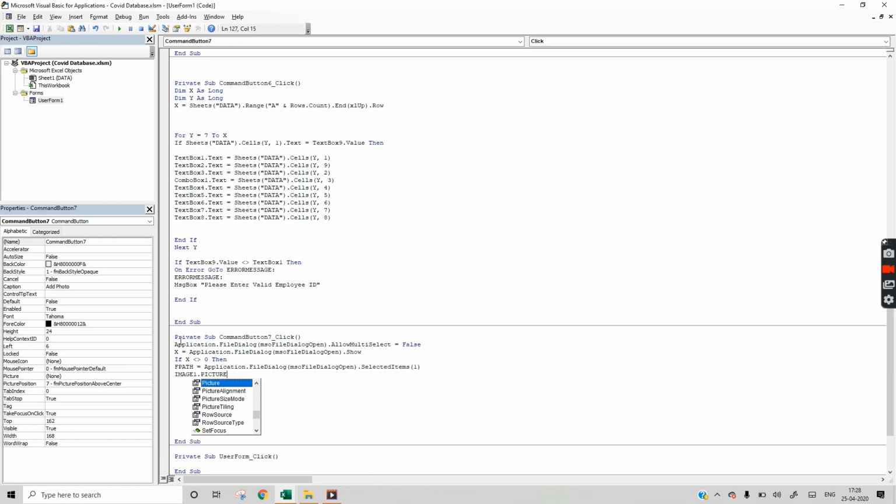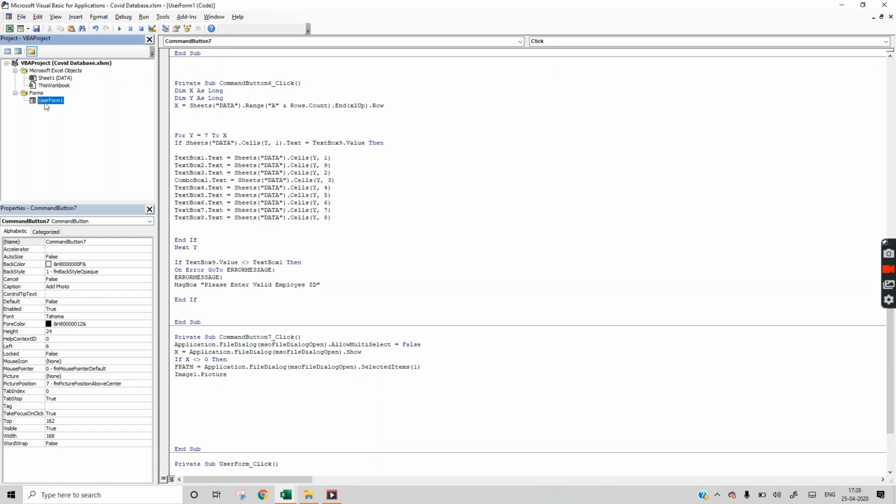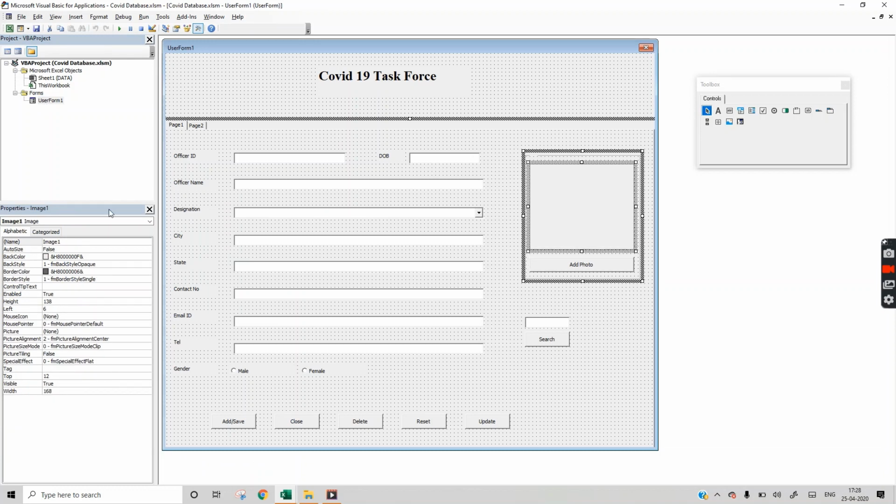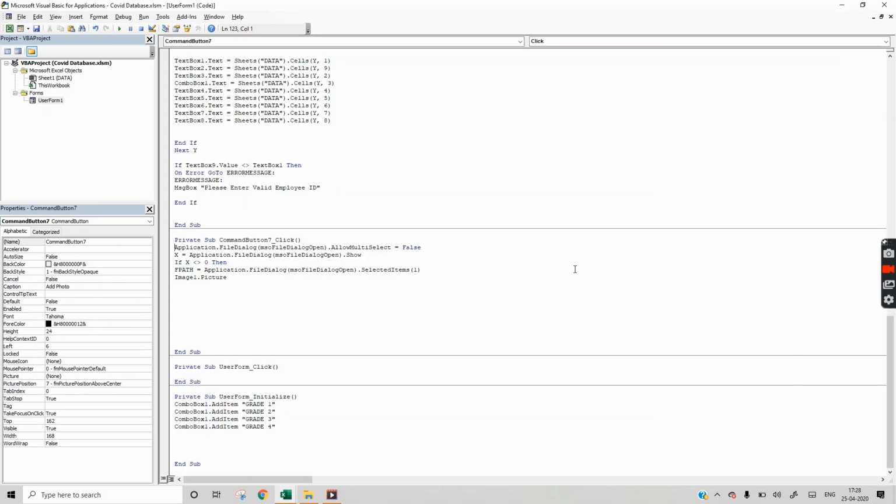Image1.Picture is equal to, we have taken Image1 because here we can see the name of this image box is Image1. We have not yet described fpath. We will describe it in a few moments.